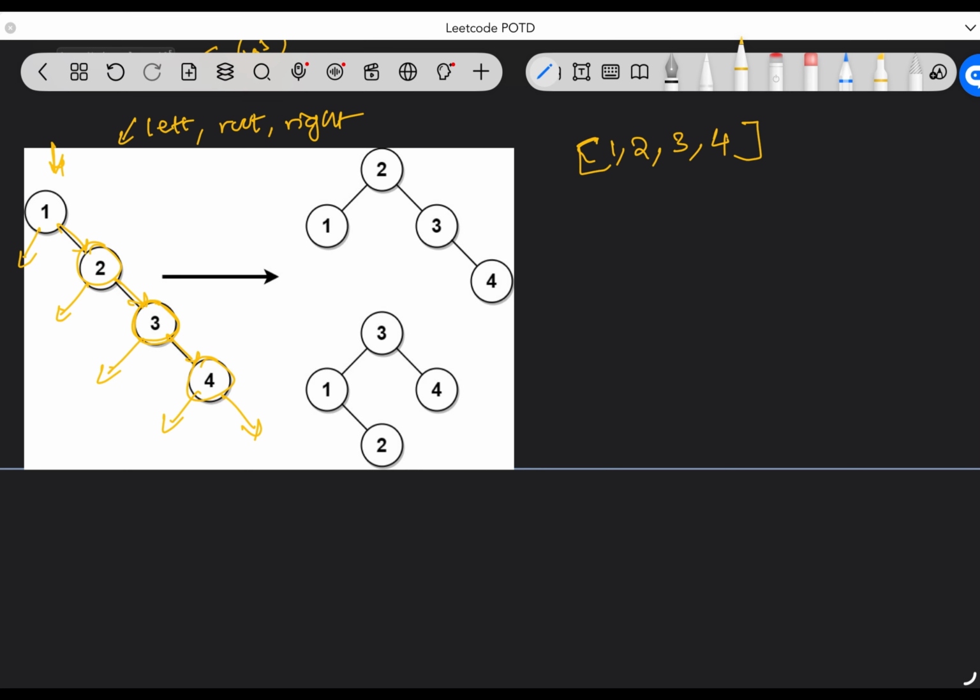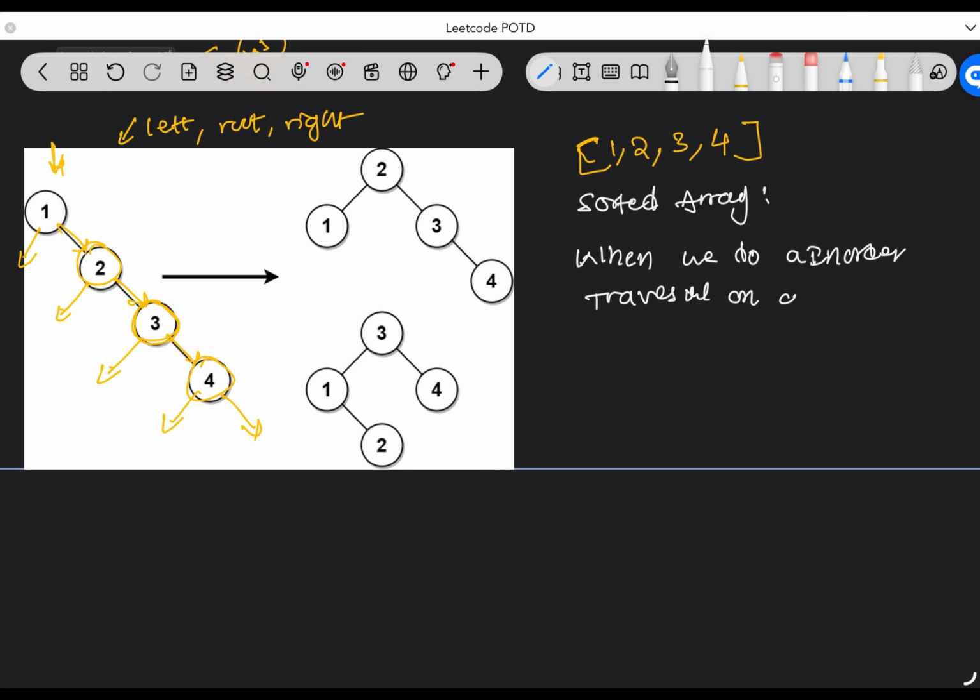So what we got in the Inorder traversal is a sorted array. The key observation is that whenever we do an Inorder traversal on a binary search tree, we will get a sorted array. Okay, now what we will do is build a balanced binary search tree